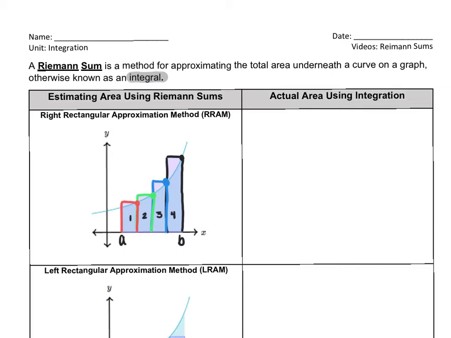Now, what you're really doing is approximating the area, but eventually we're going to be able to find the actual area. And that actual area is found by using a method called integration. So this is the symbol for integration. And we take the integration over a given interval from A to B, just as we have here, where A will be the lower point of the interval, so the lowest value, and B will be the highest point of your interval. And we want to take the area under the curve, which we'll call f of x. This is some function which we'll call f of x. So this notation means to find the area